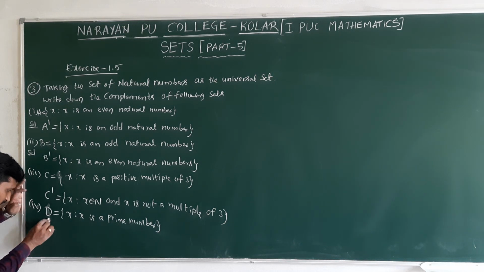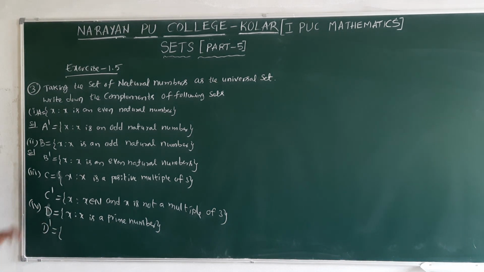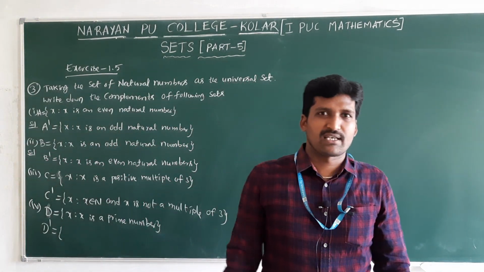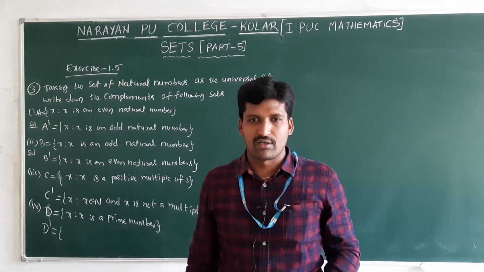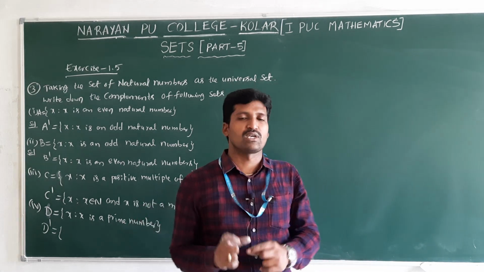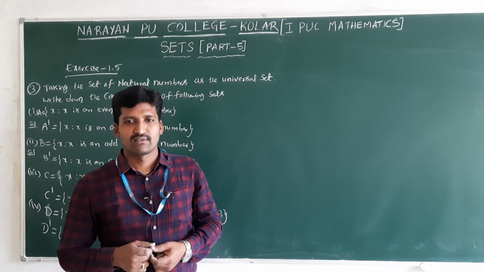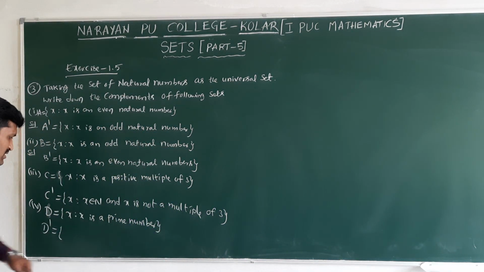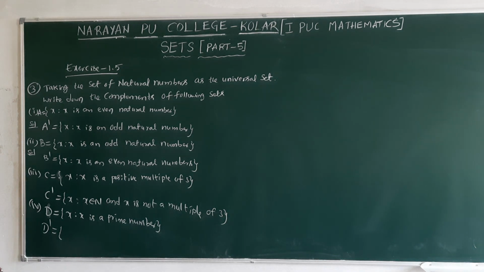Now the dash, we need to find out. Remaining all numbers are composite numbers. The reason: take 4, 2 2s are. It's a combination of two terms. Here 2 2s are, 6, 2 3s are. That's why those are composite numbers. So the complement of prime numbers is what? But 1 is not a composite number, it is a separate number.